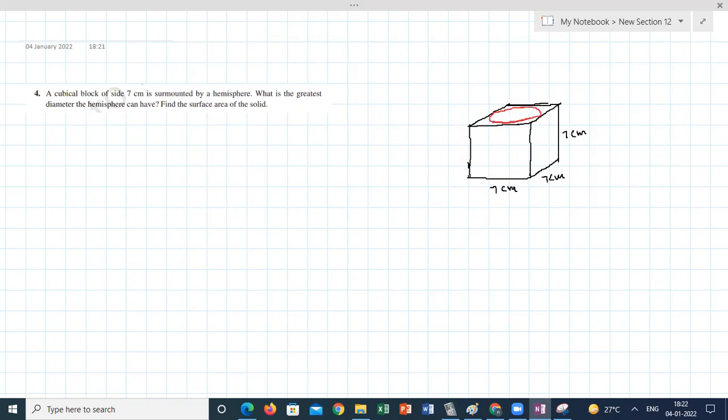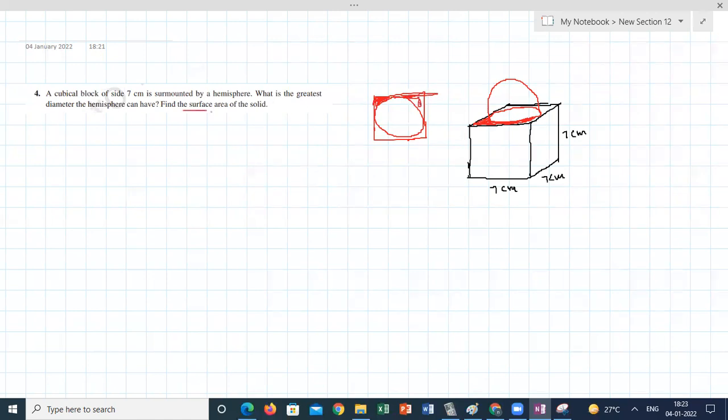One face is a square and the bottom of the hemisphere is a circle. So the entire square is not covered by the circle. Only the circle part is vanishing. So the rest of the shaded region is visible here. If I look from the top, it will look like this. You can see these are the places where I can see the surface.